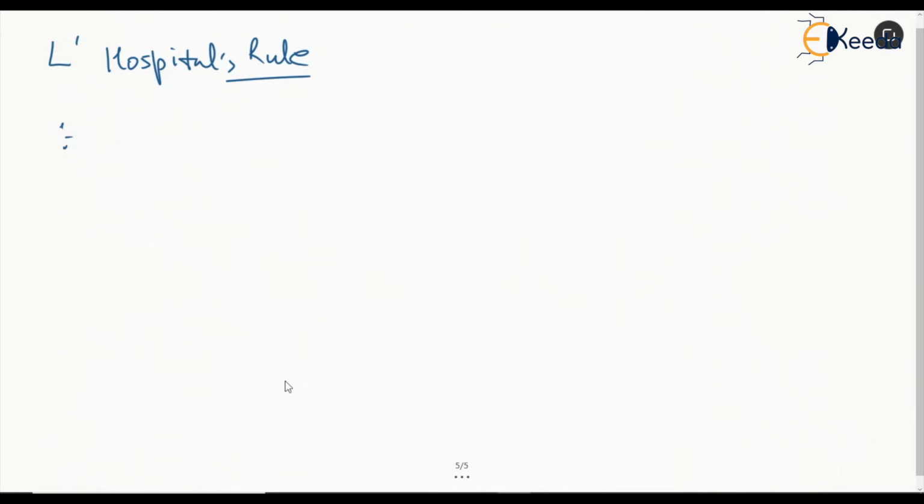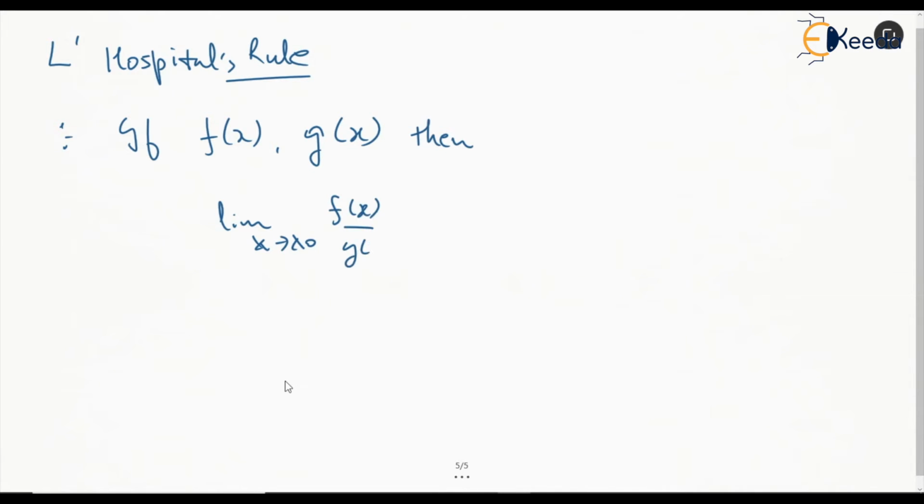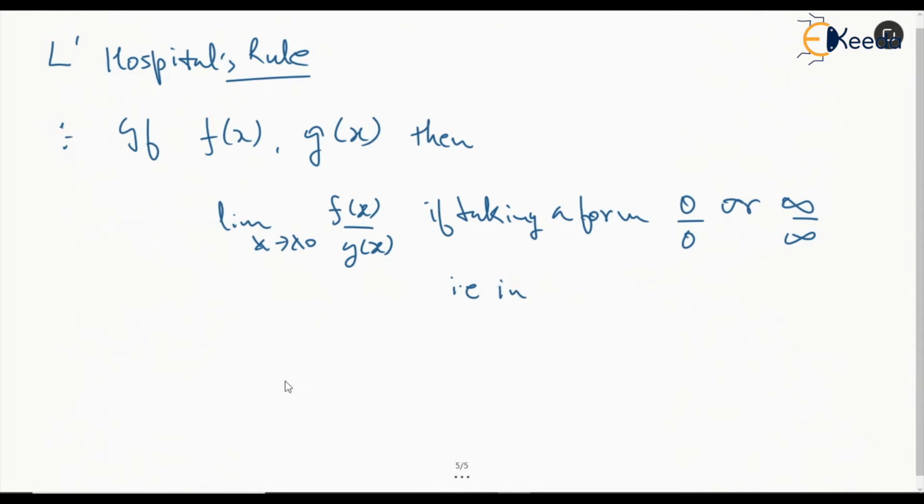In this, let's say there is a function f of x and g of x, then the limit x tends to x naught of f of x by g of x, if taking a form 0 by 0 or infinity by infinity, that is, indeterminate form,